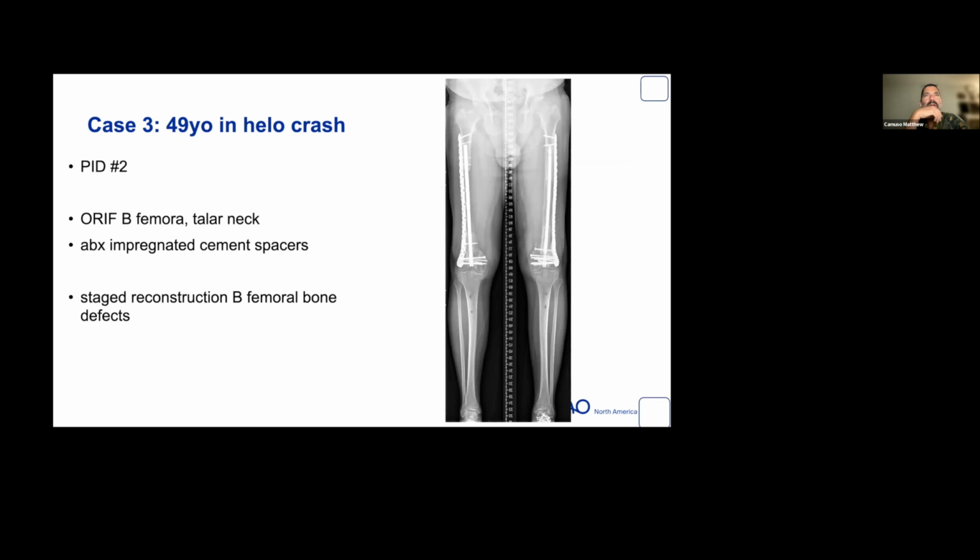So this is just sort of a tease for those of you that are interested in this sort of thing. You're all fellows, and you're all obviously interested in orthopedic trauma. So I encourage you, if you can, to go online and watch the osteotomy courses, the bone defect courses that we have online, because you can learn a lot more about how we manage this either in our live courses coming up or even in old recorded webinars. So just a little taste.